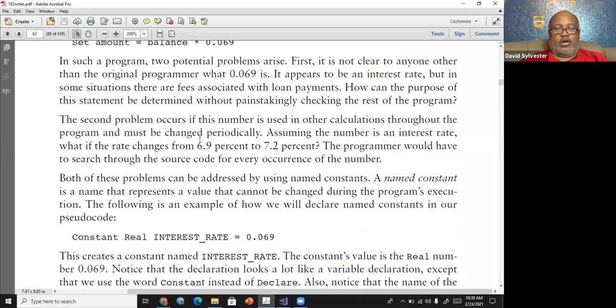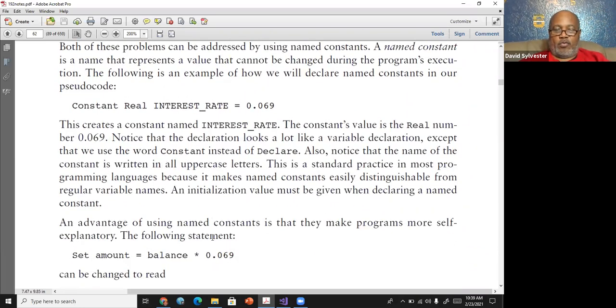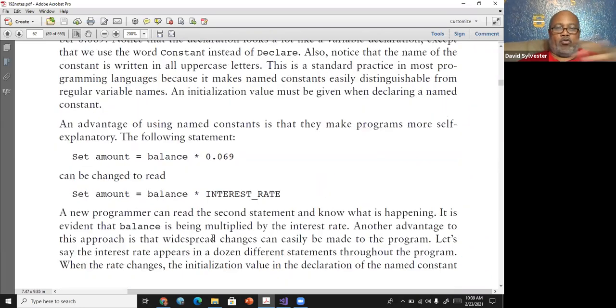But what you can do is make an interest rate constant, of a real or float data type, and set it equal to 0.069. And so anytime you want to use this interest rate, all you have to do is use this variable called interest rate in your program. It's set throughout the program. You cannot change what it is.